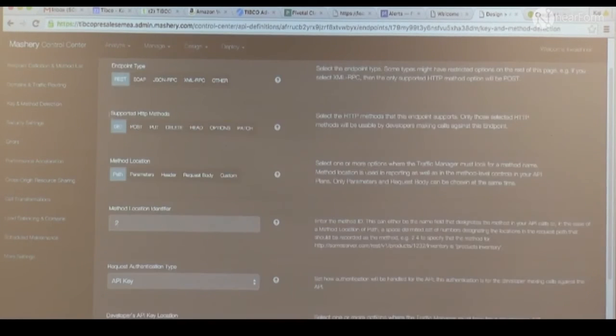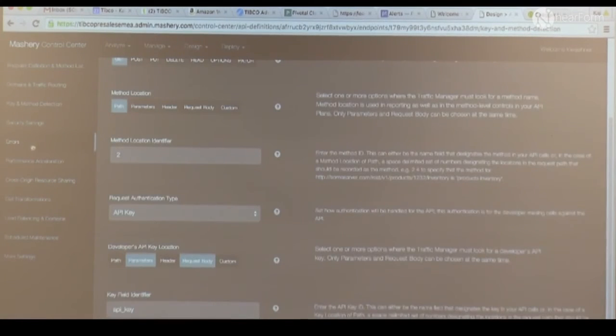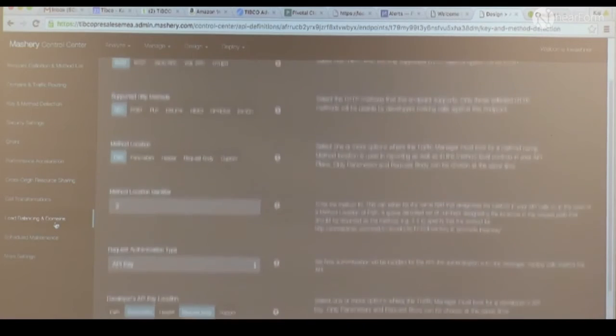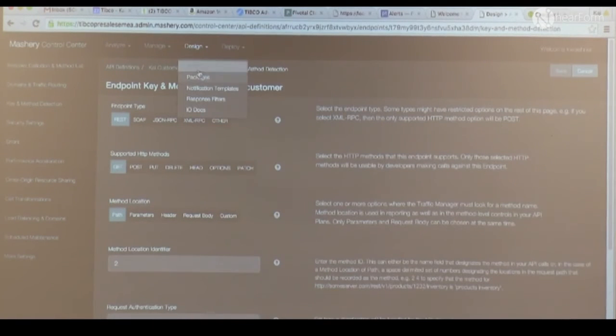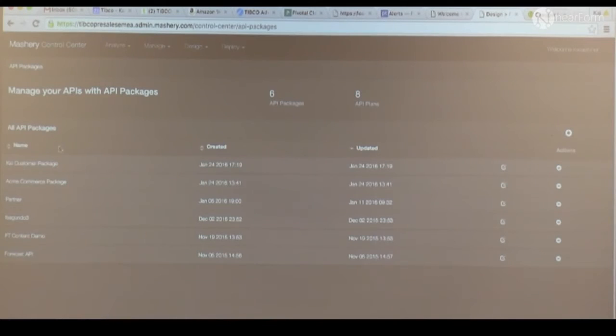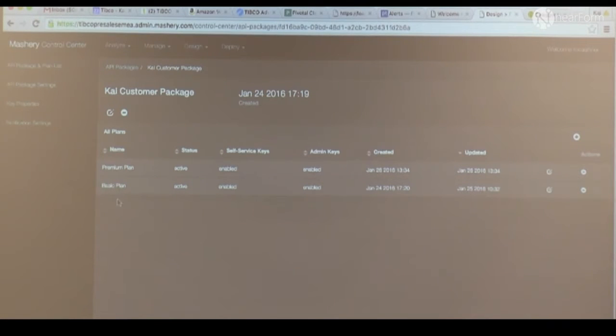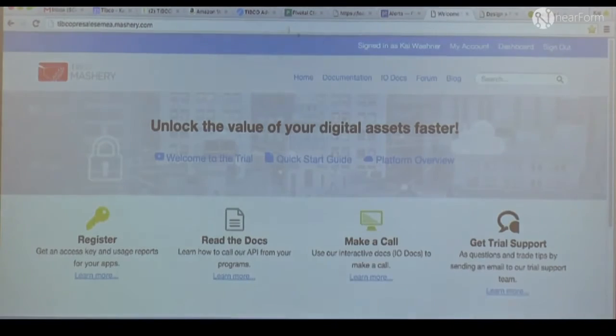And here I defined, again, it's just a REST service with a GET method, and then you configure some more things. You can define things like error handling, load balancing if you want to do something specific and all that stuff. And after you have defined the API, then you build a package of that. And a package, like this one, contains different plans. And here I have created two plans, a basic plan and a premium plan. And that's the way then you differentiate, for example, 5,000 service calls per hour for $5 and then 10,000 for $10 or something like this. That's the different plans. And so this way you expose the microservices, and then the end user, let me just